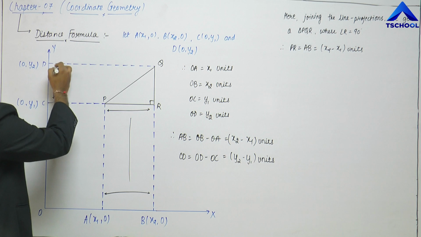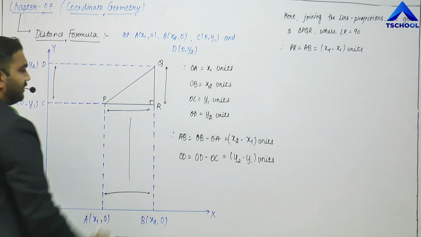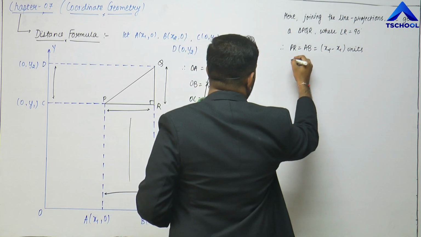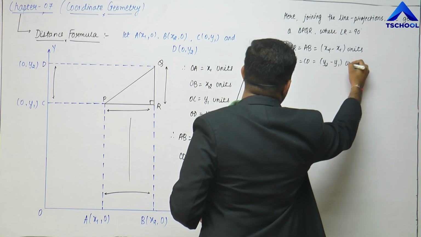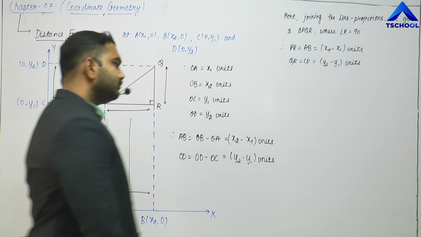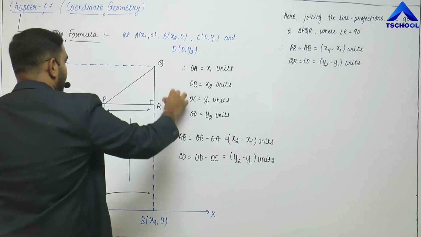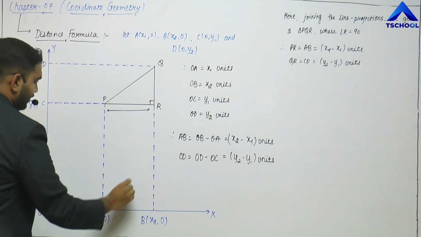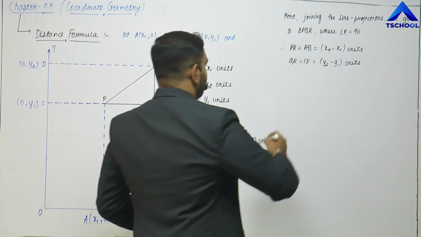Similarly, the distance that we found out between C and D will be exactly equal to the distance between Q and R, right? So AB equals PR, and QR is equal to CD is equal to y2 minus y1 units. Yes or no? So we got these two distances, PR and QR. Now what we require, friends, is the distance PQ. The whole thing that we are doing here is to find the shortest distance between PQ. So now